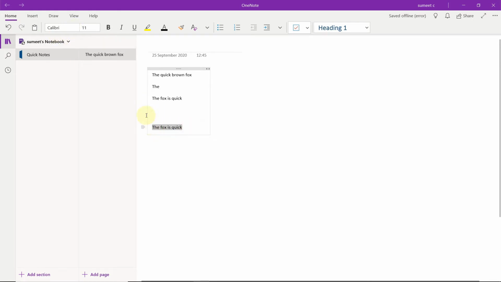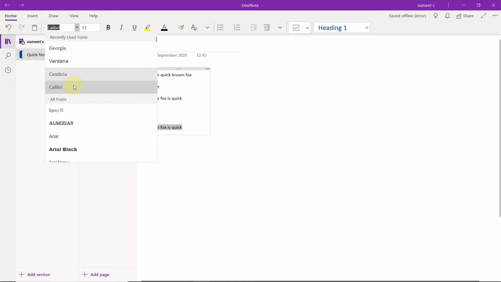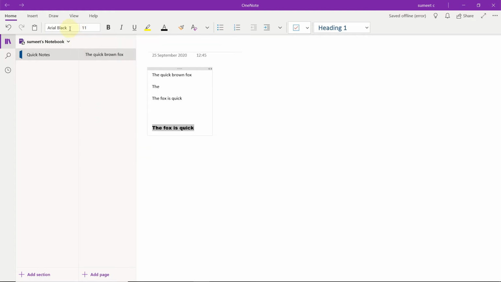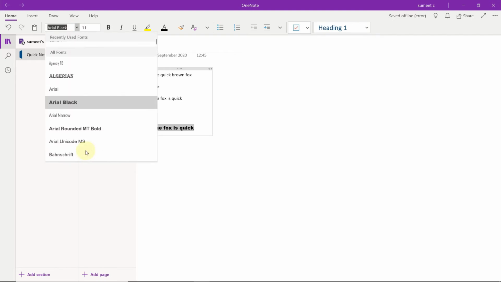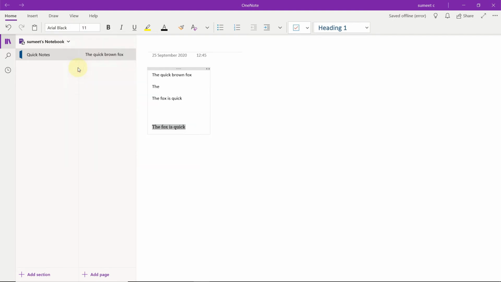Then you can select your text. You can also change the font, like Arial Black. There are various fonts you are given in a system. Whichever fonts you have loaded, you can also use them. And then this is the font size, which you all know is quite similar to Microsoft Word. And then this is the bold option, like you can bold the text you have. Just select the text and bold. Then this is italic, and then this is the underline option, and then this is the highlight option.